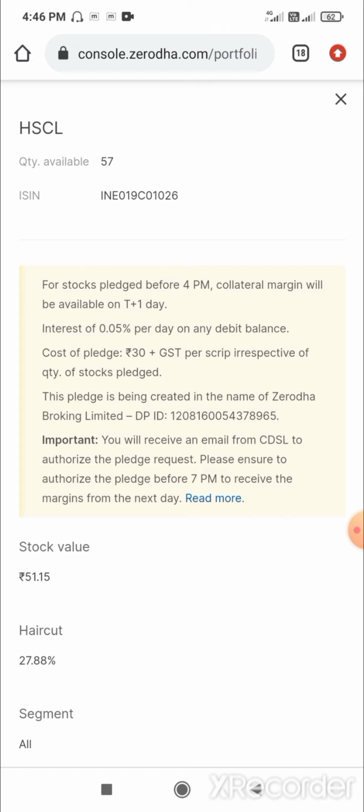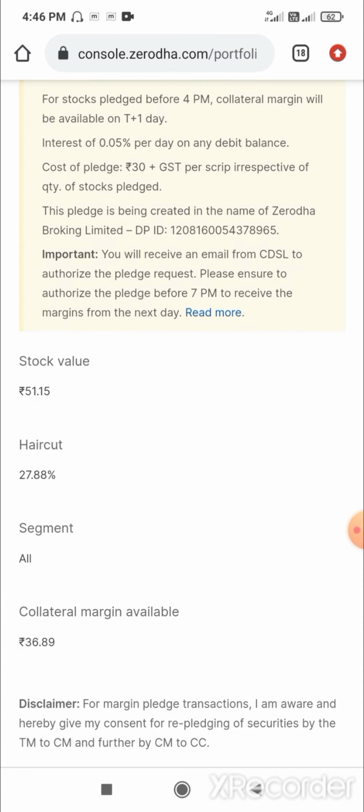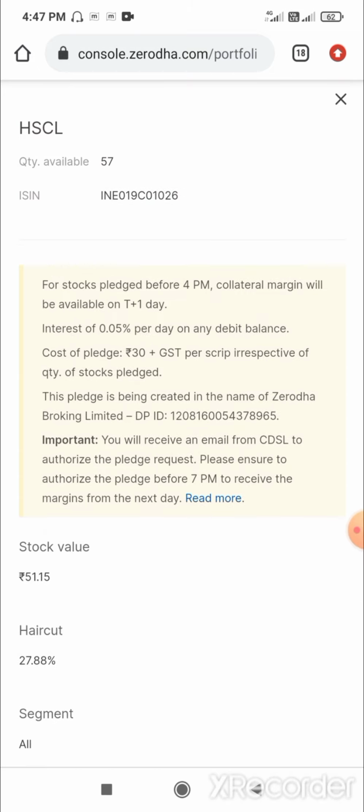Whether you do this for 1 quantity, 100 quantity, or 1 lakh quantity, the same charge applies. And for unpledging the request, like we already did, there is no charge, only for pledging the request. For unpledging there is no issue. Based on your requirement, you can pledge 100 quantity or 10 quantity, and unpledge it accordingly. This point we have discussed.